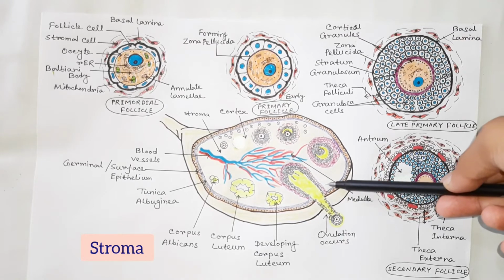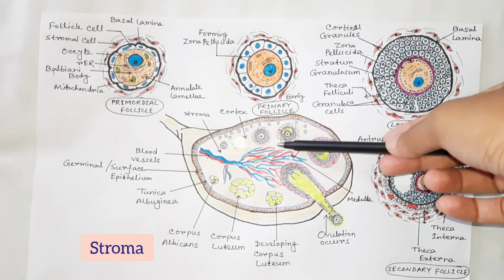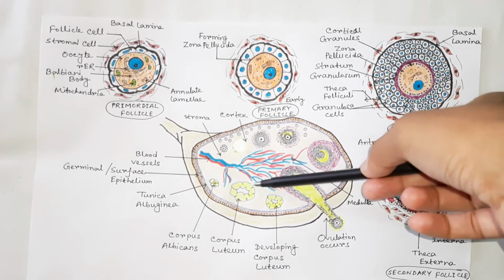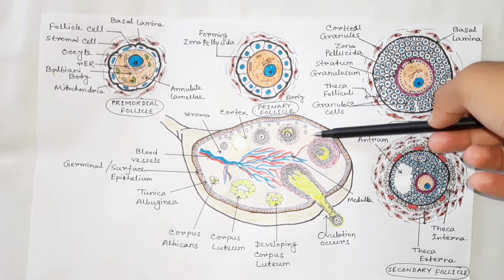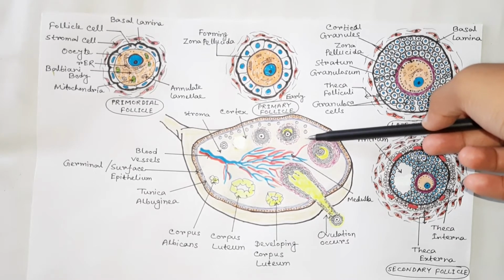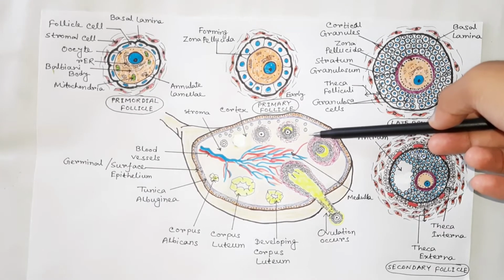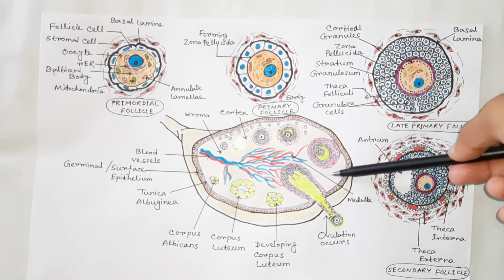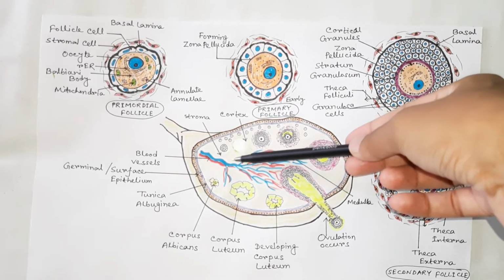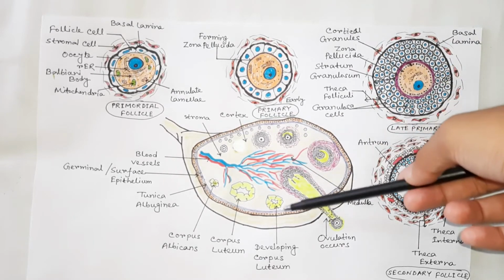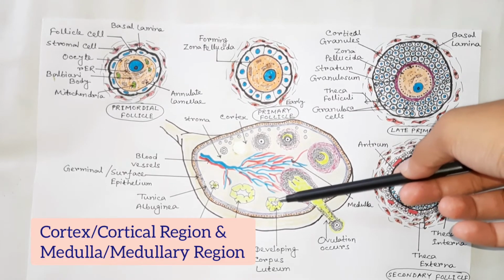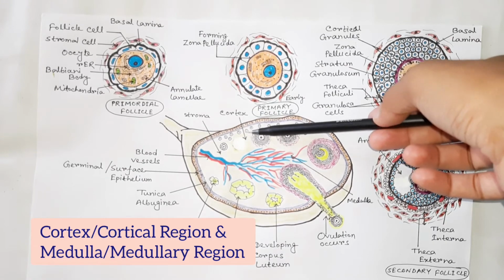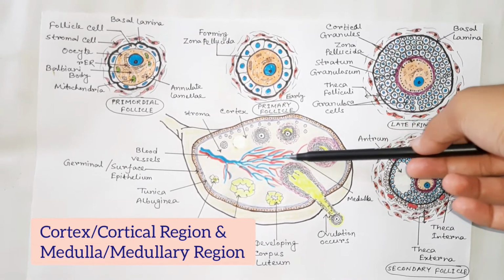The stroma of the ovary is a peculiar soft tissue. It is supplied with blood vessels. Other than blood vessels, it contains luteinized stromal cells, decidual cells, smooth muscle, fat, neuroendocrine cells, and endometrial stroma-like cells. The ovary consists of two distinct regions, the cortex or cortical region and the medulla or medullary region.